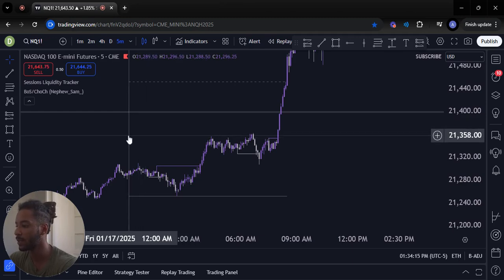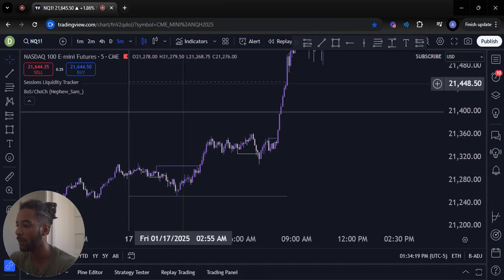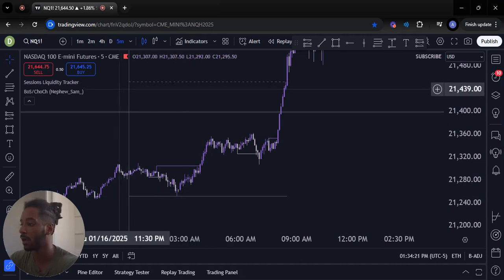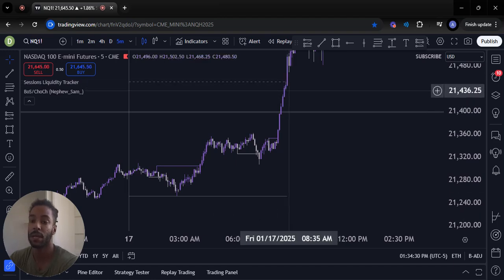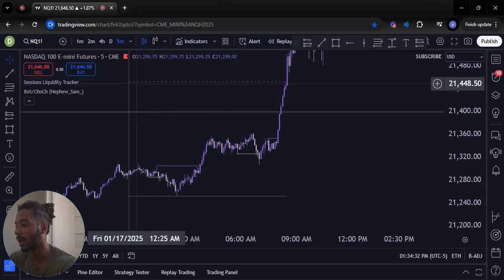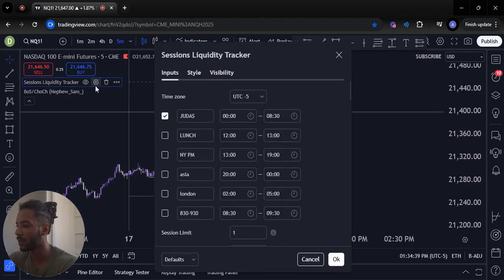So it marks out midnight, and then it'll mark out the high and low between whatever time frame I set it to, right? So I like midnight to 8:30, and then I also have a setting where if it crosses one of the sides, you can make it set an alert, or I change the border color of the side that got swept. So just going into the settings right here,